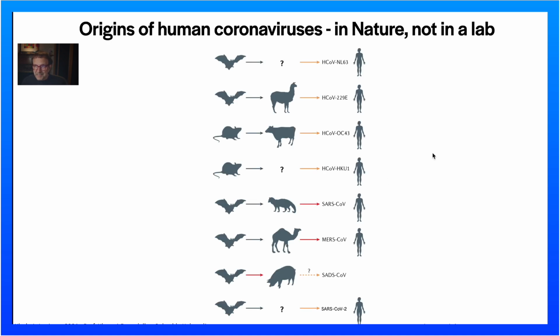So this summarizes now all the coronaviruses, where they came from. This is very cool. Here we have SARS-CoV-2, right? Which originated in a bat, probably some animals at the Huanan seafood market, civet cats and raccoon dogs, into humans. And in MERS, bats to camels to humans. SARS-1, bats to civet cats to humans. And then all the 4 common cold coronaviruses, some kind of animal, bats or rodents, through an intermediary to human. There's even a coronavirus of pigs, severe acute diarrhea syndrome coronavirus, which went from bats to pigs.